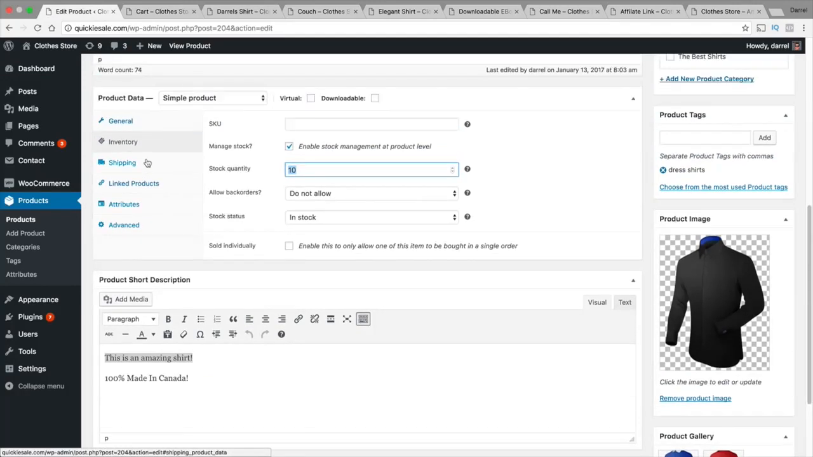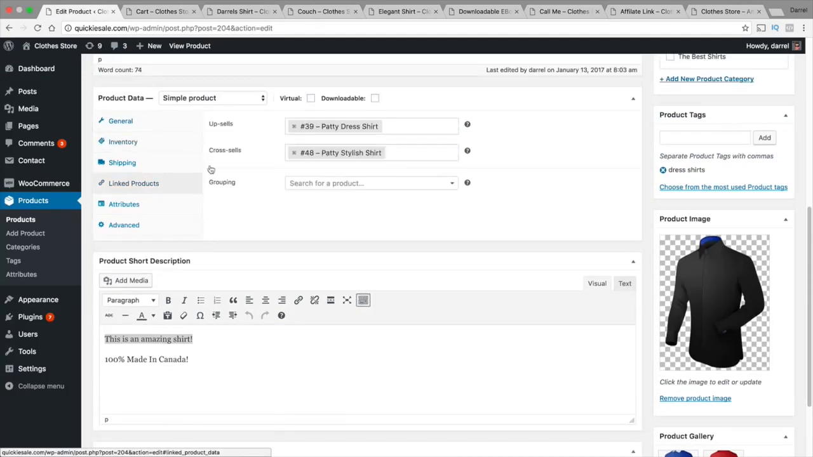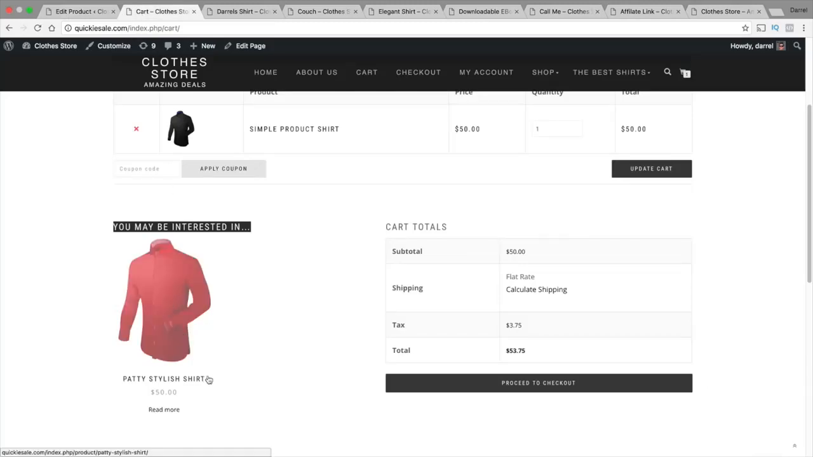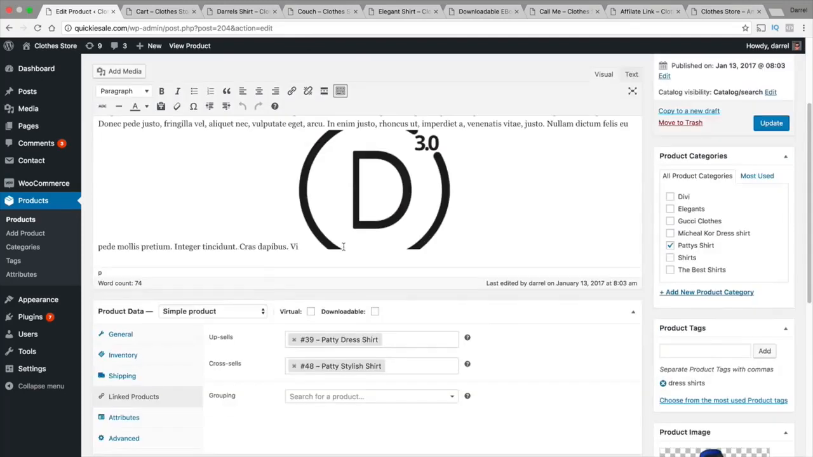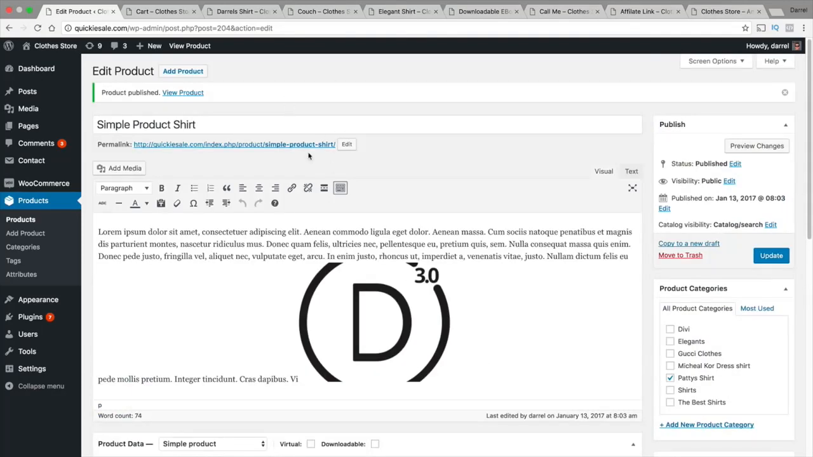So going over here, you see link products. We have cross sell, Patty's stylish shirt. So this is a cross sell, okay? That is basically a rundown of all the options for the products and what they do. So that is a simple product, guys. Pretty easy, not too complicated. Let's go ahead and move on to the little bit more advanced products, such as the